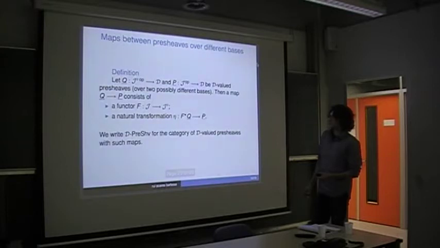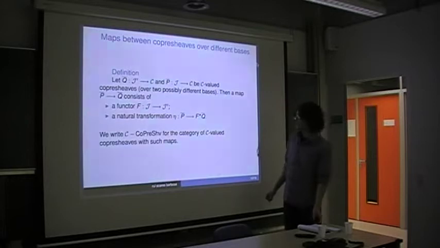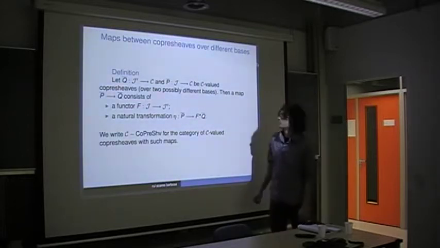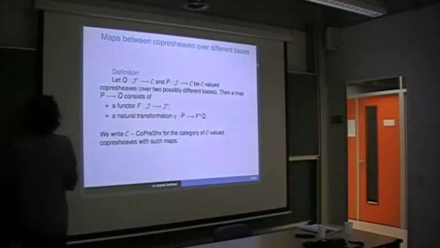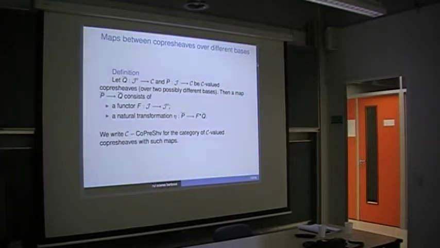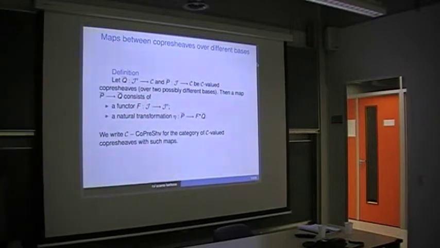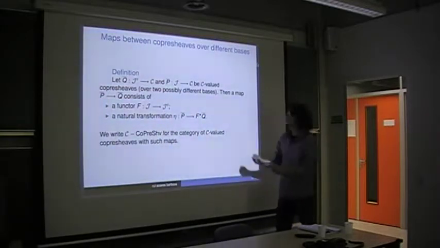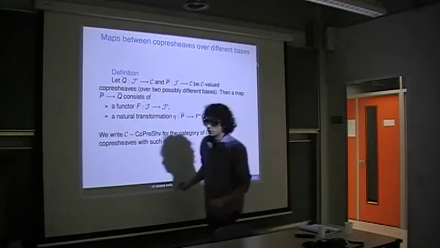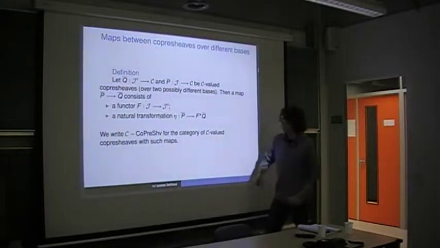Anyway, so analogously, you can look at co-presheaves, and again you have a similar thing, and if you have a co-presheaf Q, so now we consider Q also over J prime going to C, and we consider this P over J, this Q upper bar over J prime, and a map between P and Q now is also a functor between J and J prime, and then a natural transformation between this P and the pullback of Q. Right, so I kind of switched Q and P here to make the next slide very clear, because now we have a category of co-presheaves